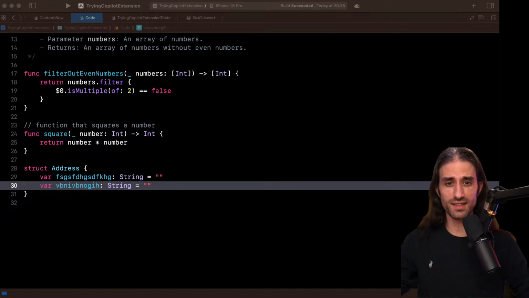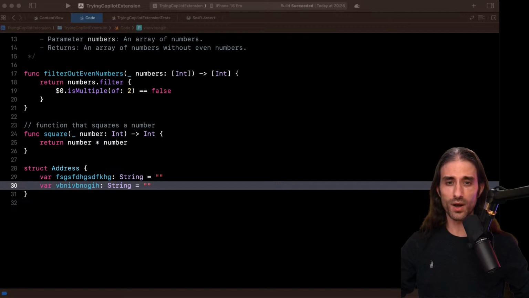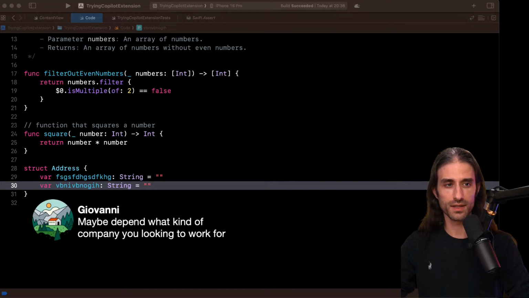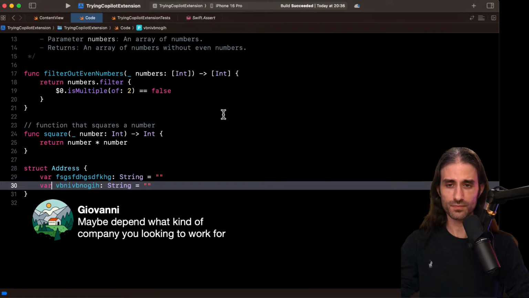So I would really say in that case, take it from a business point of view rather than a technical point of view, meaning look at the market, look at what your target market wants, and go from there. But don't try to assume what the market wants, because you might be surprised, and not in a good way. And yeah, it definitely depends on the kind of company. I don't think there is a one size fits all here. You need to know where you want to get hired and then go from there.